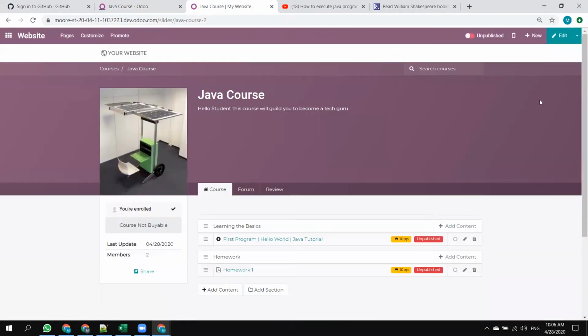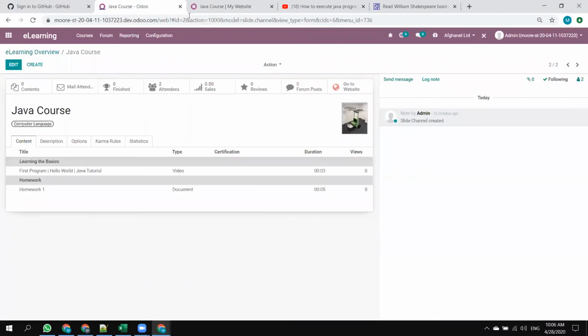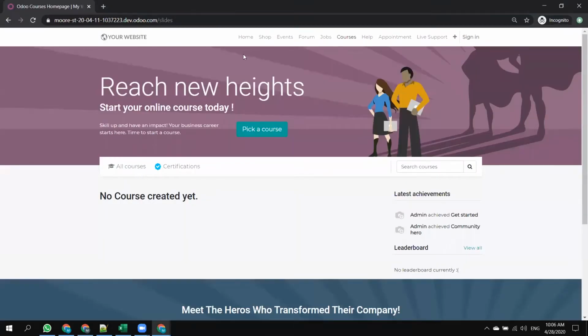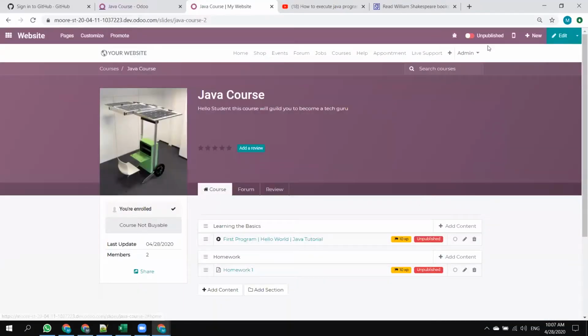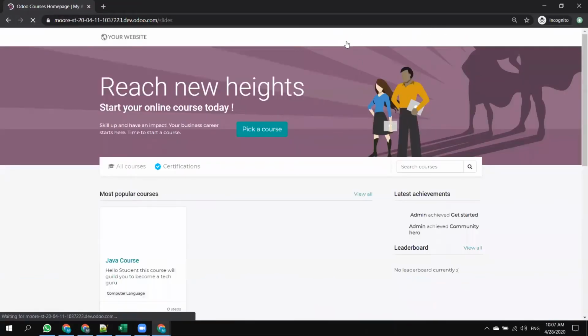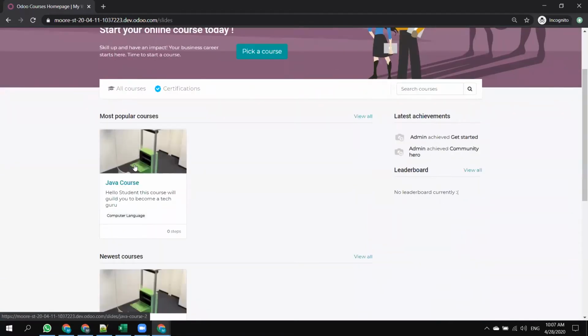Okay, so two ways. I can either do it from the website or I can do it from the course that we had here. All right, so what I will do is I will go back to the user that has nothing in our Odoo. So still he doesn't see the course yet. So if I move this from unpublished to published, all right, so we will see what he will see now. He will see that the Java course is now showing up to him. If he clicks on it,